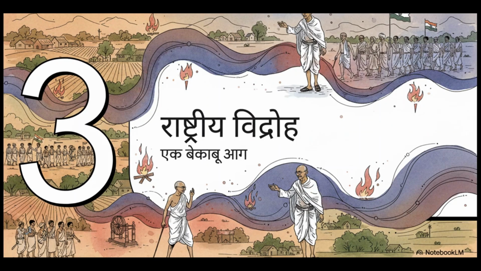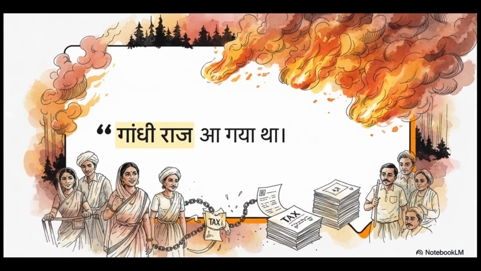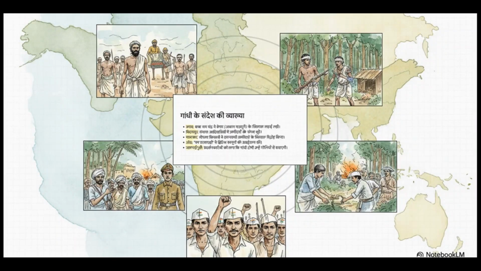के लिए जमीन तैयार कर दी थी। लेकिन जब असहयोग आंदोलन के दौरान गांधी जी का संदेश पूरे देश में फैला तो वो एक ऐसी आग बन गया जिस पर किसी का कंट्रोल नहीं रहा। उसने अपना ही एक अलग रूप ले लिया। लोगों के बीच ये बात जंगल की आग की तरह फैल गई कि भाई गांधी राज आ गया है। अब इसका मतलब हर किसी ने अपने अपने हिसाब से निकाला। ज्यादातर लोगों ने ये समझा कि बस अब उनकी सारी मुसीबतें खत्म, चाहे वो अंग्रेजों का टैक्स हो या जमींदारों का जुल्म। और इसी गांधी राज की